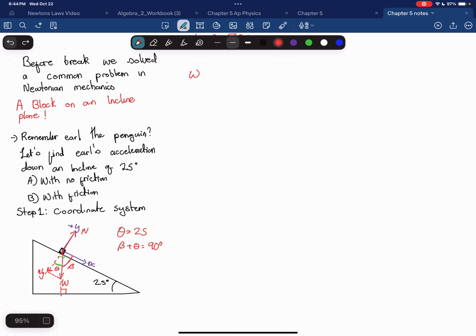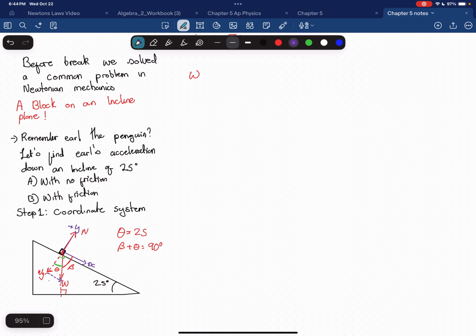Let me use a different color, hold on. This line here, forgive my drawing. These two are supposed to be the same size, but they're not, for my artistic reasons. But this is going to be omega x. All right. So because it's omega x, this line here is omega x as well. All right. So now we have a little triangle there. We can break down our force into components. Before I do that,